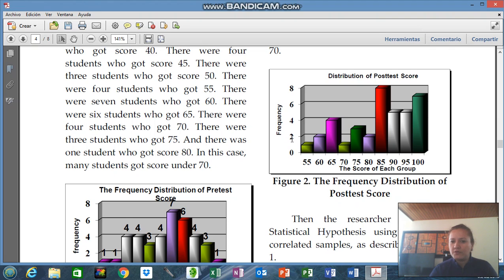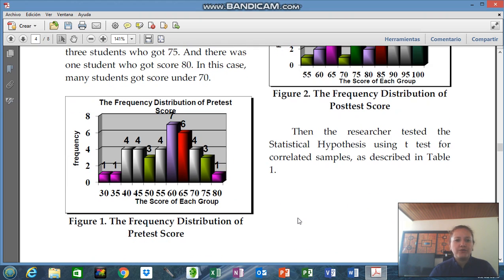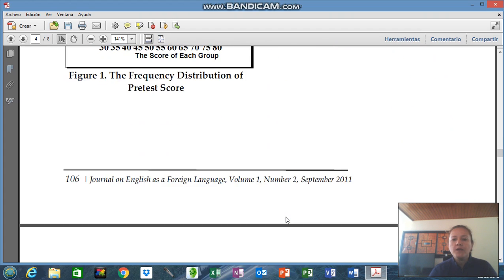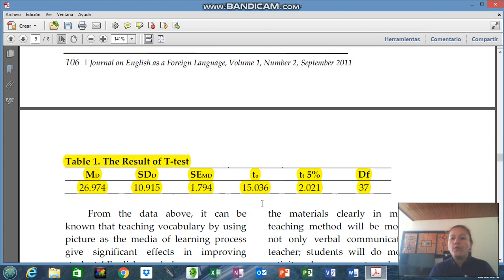We can see 2 students got this score. Right here, 4 students got this score, 65. Right here we had nothing. It's in the middle. Right here 6, like 100, and 8 got 85. We have this other graphic, the frequency distribution of pretest scores. So this way we learn